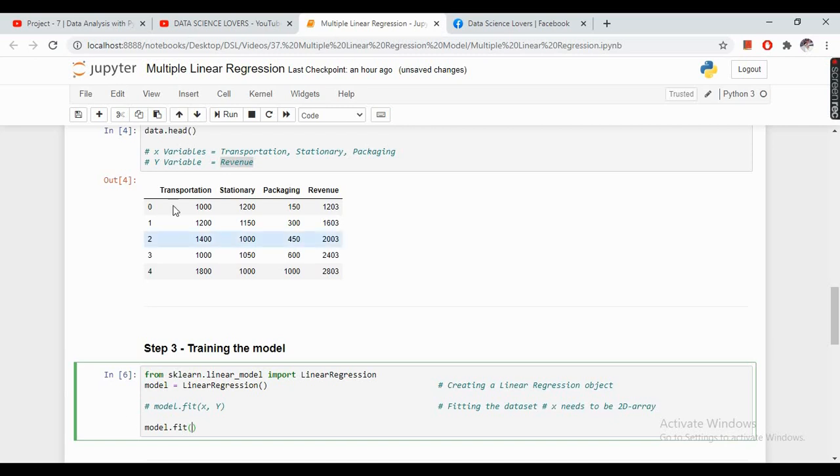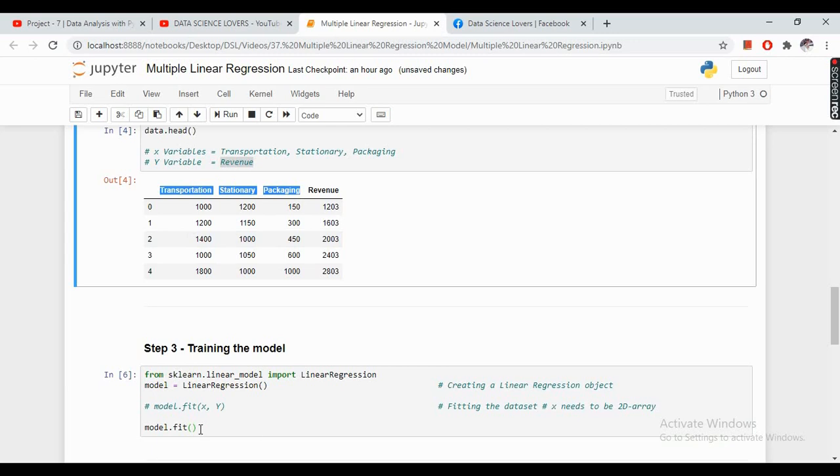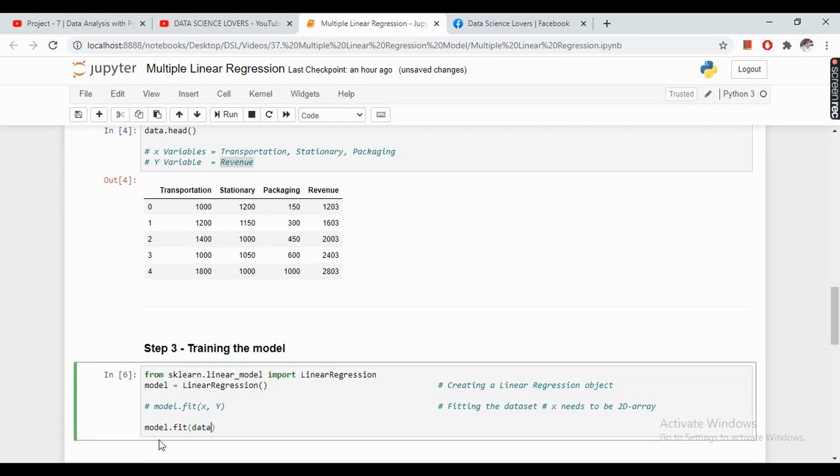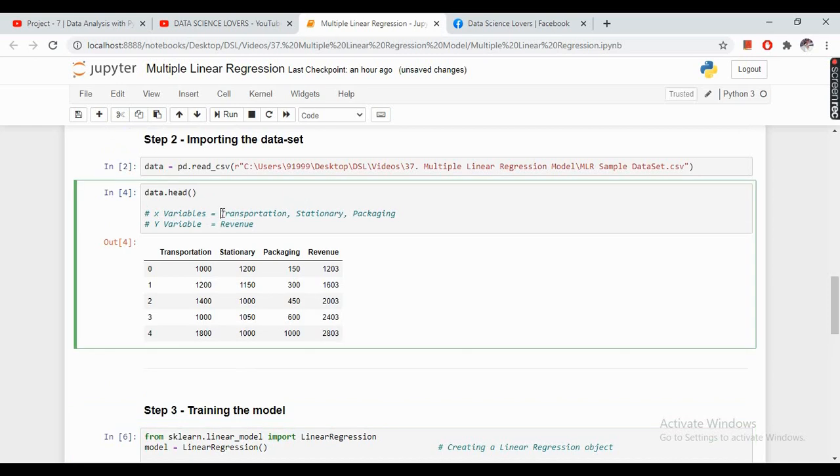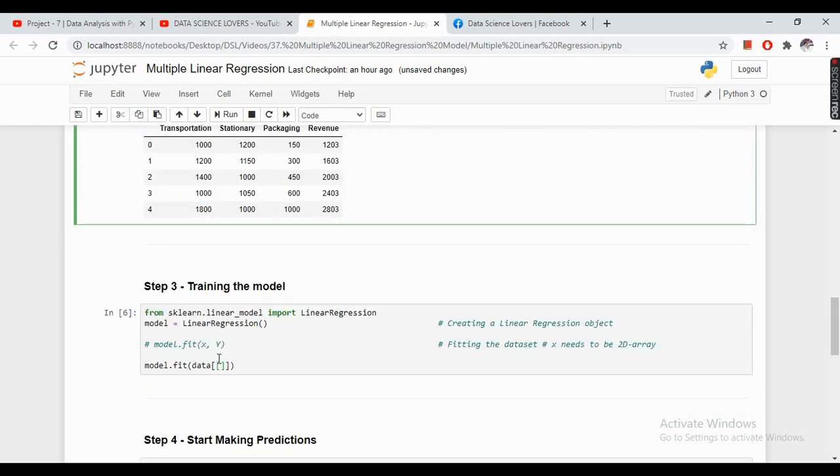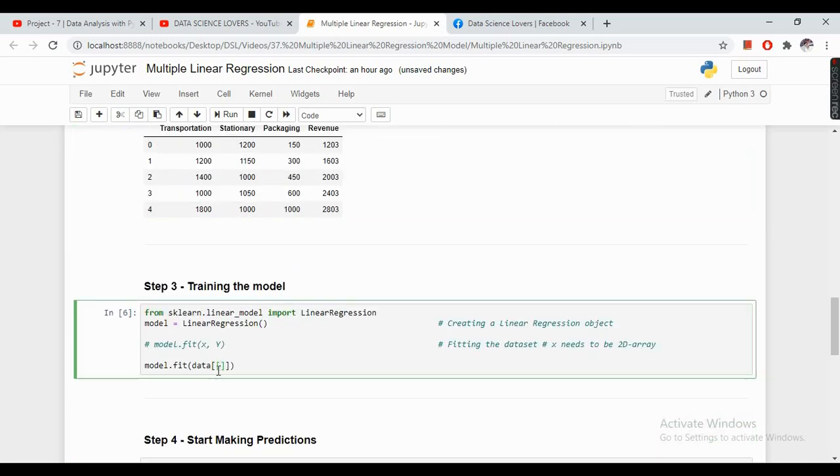In the x, we have to enter these first three columns. So to enter these first three columns, the syntax is our data frame name, and x here needs to be in the form of a 2D array, meaning there will be two square brackets here. So we will put these three variables in these square brackets.